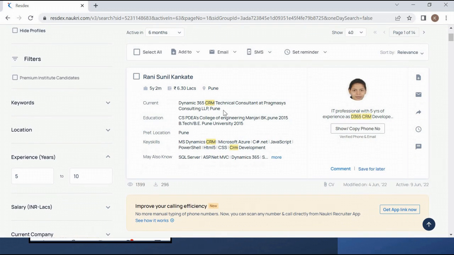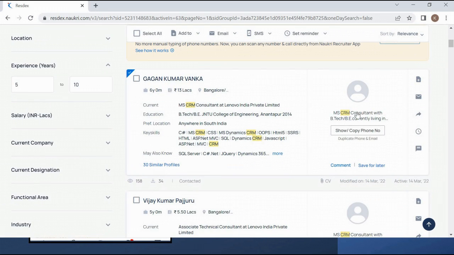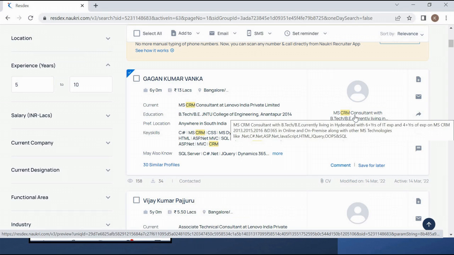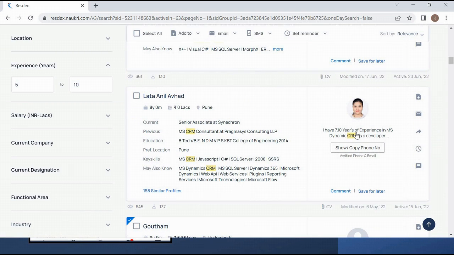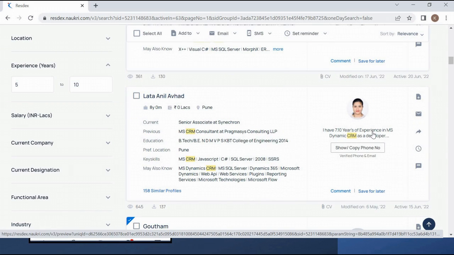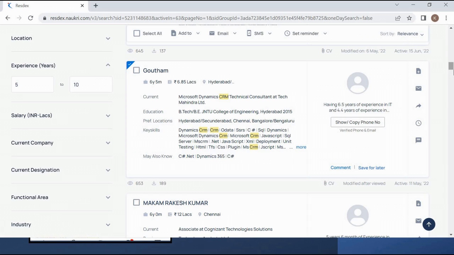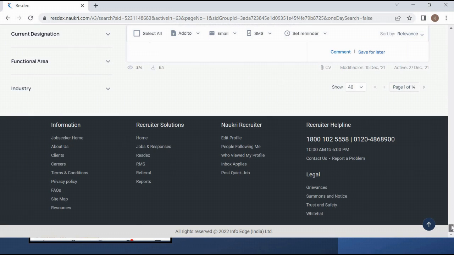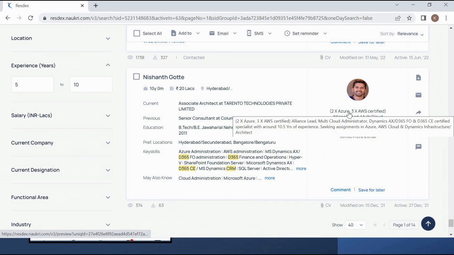See, in this first CV, you have seen the technical consultant. Let me go down. This is also basically a technical person because functional is not mentioned here. Let me go downside, friends. This one has mentioned CRM developer, and CRM developer guys are also technical people. Let me go to the bottom side. Still I will not find any person in which functional is mentioned.